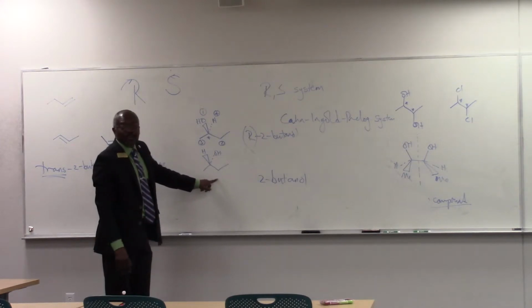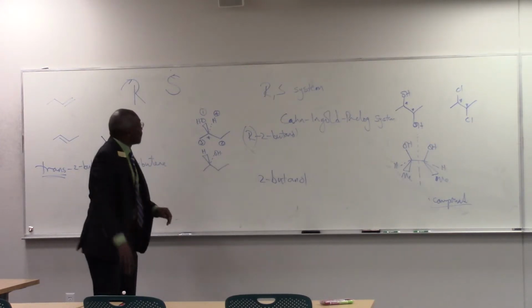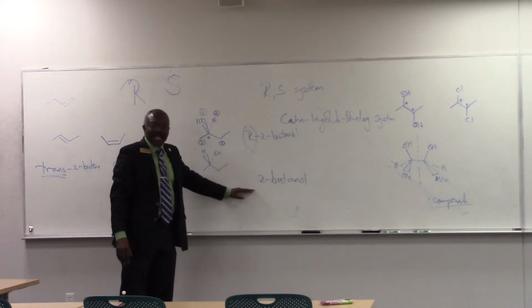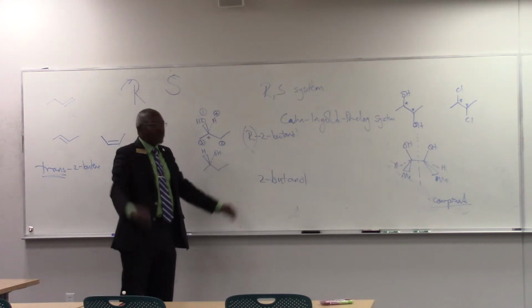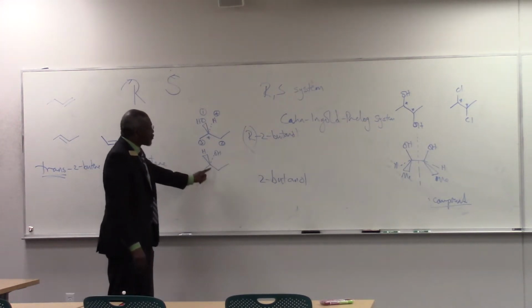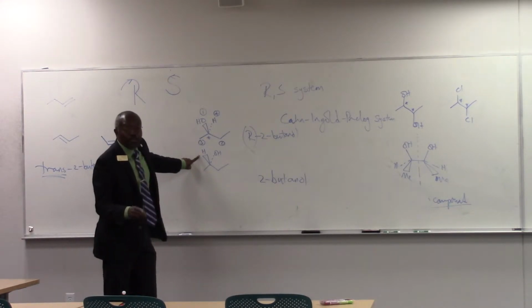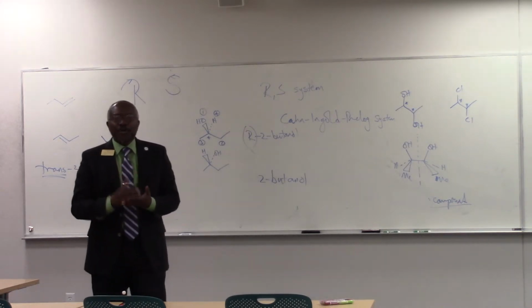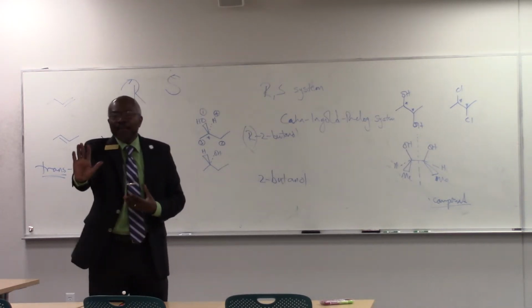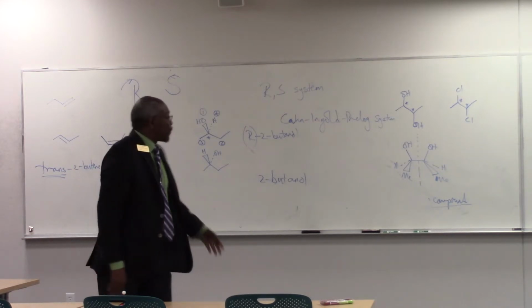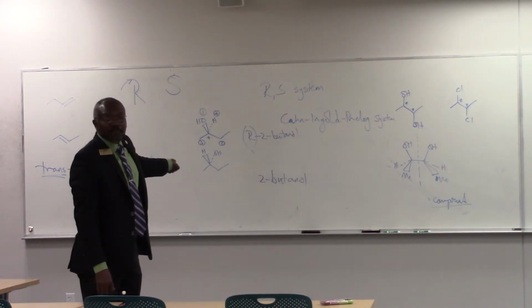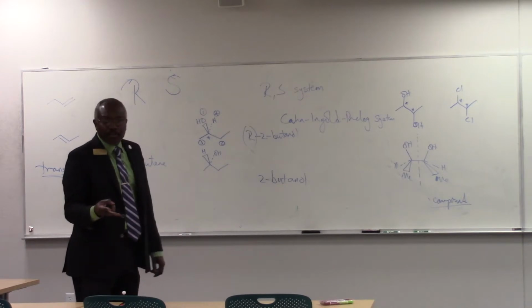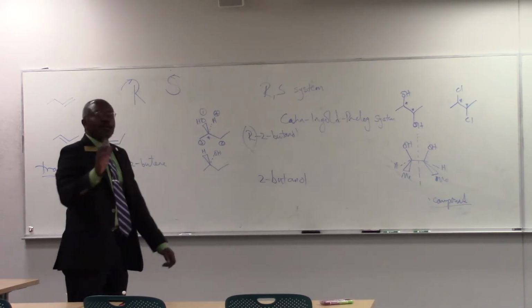What would I call this one? Well, you know by now that if it's not the R, it's the S. But let's work it out. As I've drawn this, the H is not where it should be. For me to read this, the convention is the group of lowest priority must be pointing away from the reader. Well, in this case, it's not. So I have 3 options. 1,